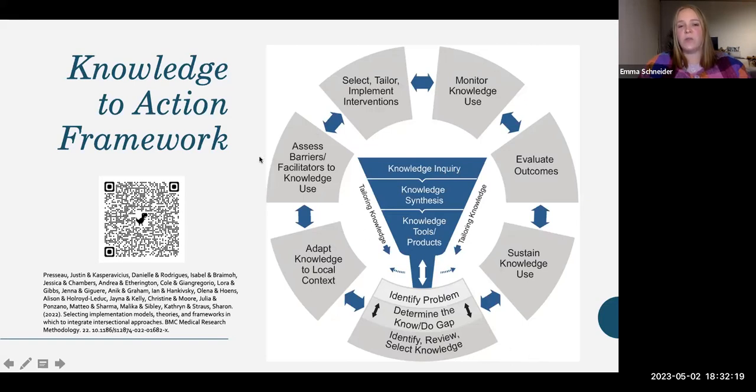And really identify what those barriers are and those facilitators to knowledge use. And then you select, tailor and implement those interventions. And then you check to see if it's working, where you hold essentially implementation meetings. You design something that maybe is going to override the problem, and then you evaluate it again, and then you keep going around in this circle. So I think it's really important to utilize one of these models to ensure that the effects and changes that we're setting are sustainable over time.